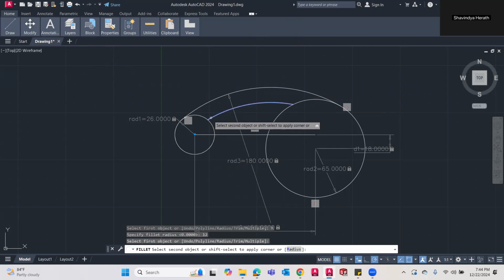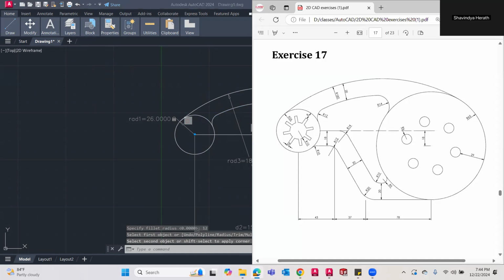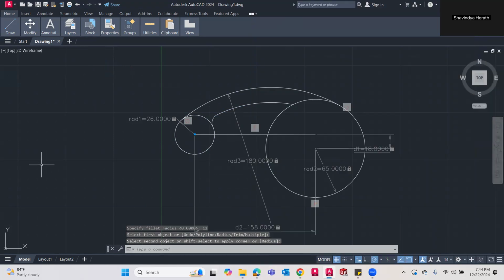So this object and this object. Perfect. Next one, radius is 40. Then same fillet command, go to radius, it is 14 and press enter, in between these two objects.